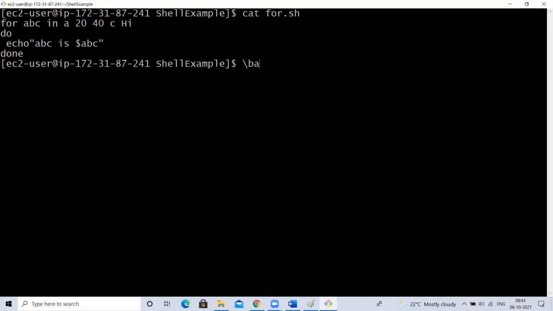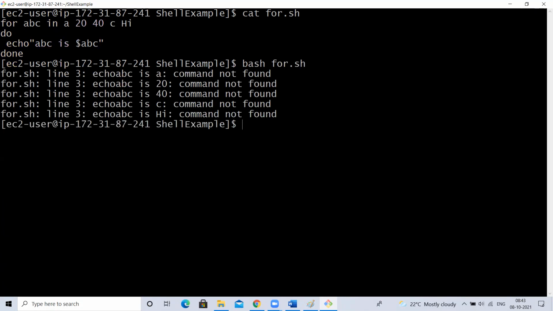Okay, escape colon wq. Right, I'm going to execute this with bash. It is saying command A not found. Where? Oh, here it is not taking. Okay, we have to pass. Oh, where A